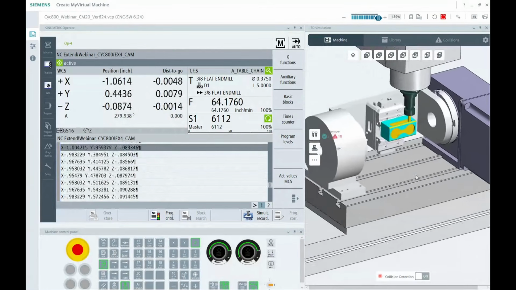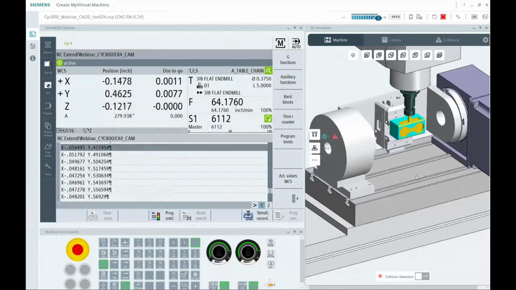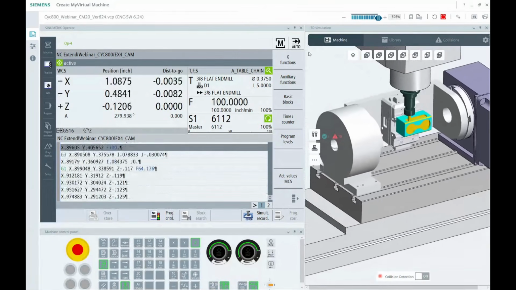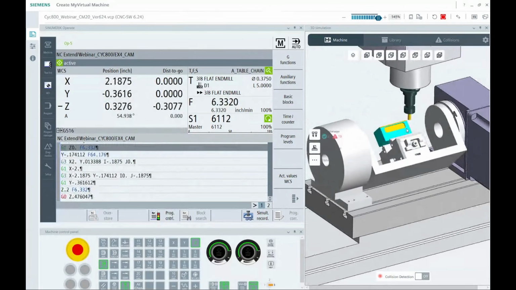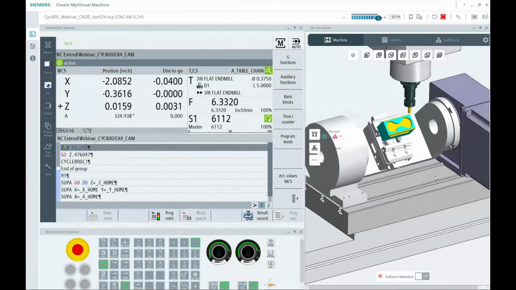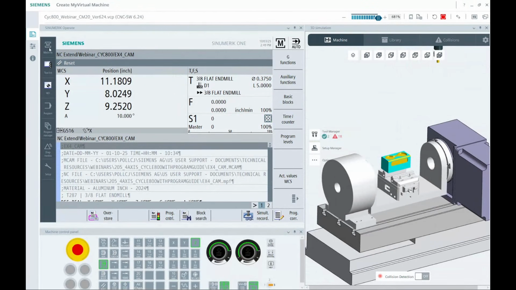Now there's another move that was a little interesting, right? Did you see how it swung the platter over top? In that case, maybe I don't want to do that. Maybe my part's sticking out far enough that it could hit the table. That could be bad, right? So the way this machine is initially set up or commissioned,